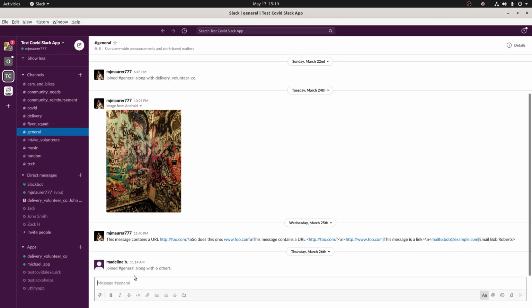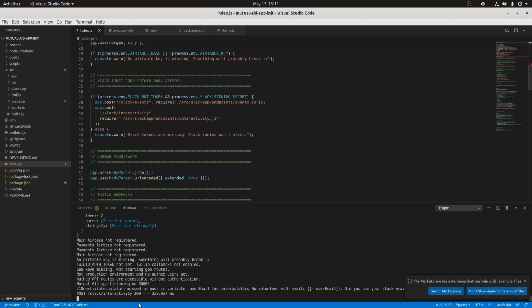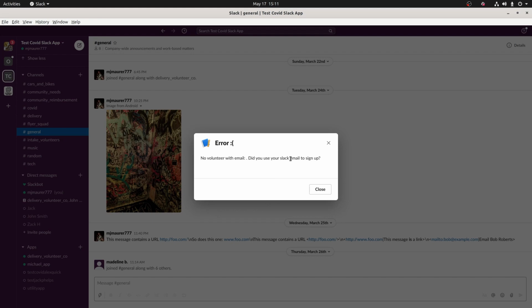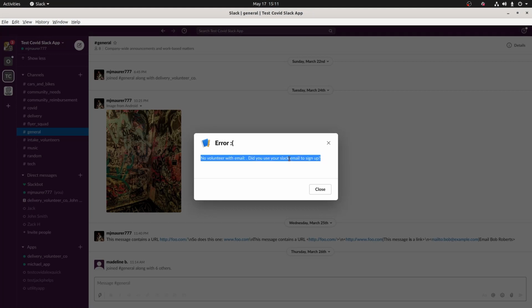All right, post open request. Aha, okay, so now we actually get a little bit of information. And great. So the Slack part is now working, and you can make changes locally. So the reason that you got this error is kind of specific to the flow that we're talking about here, but